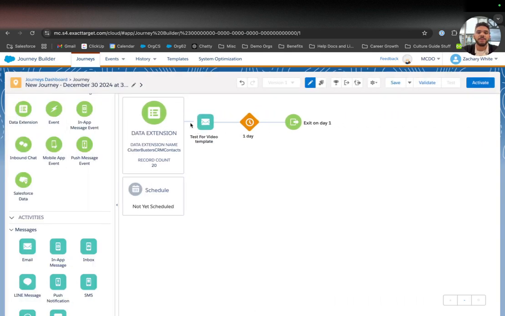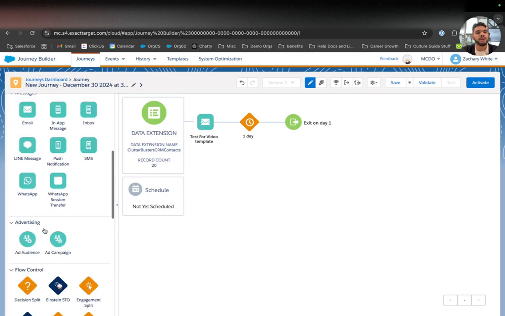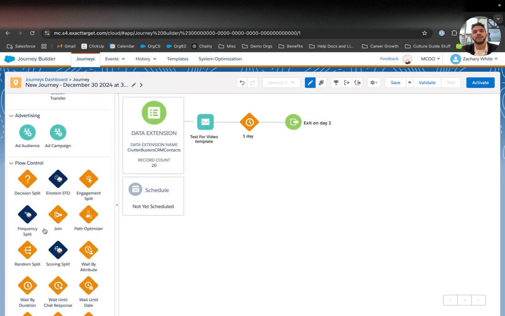Awesome. So anyone that gets put onto this journey will receive this first email, but I really want people to get this email at a time that's going to be specific for them. We really want to be at the top of their email inbox. So how could we do that? Well, put simply, you can use Einstein STO. You just always want to put Einstein STO before the email. That way, the journey will evaluate each individual customer's optimal time to send an email